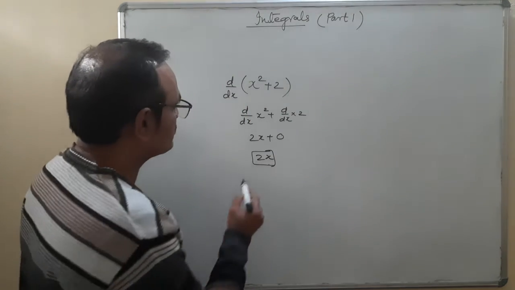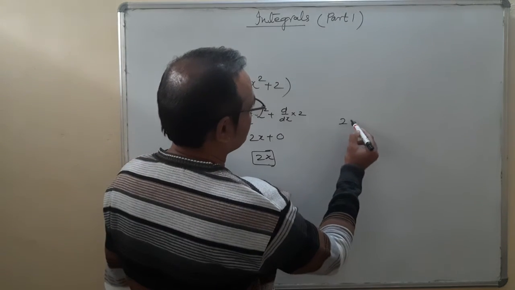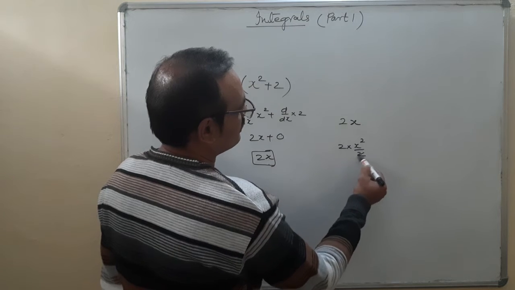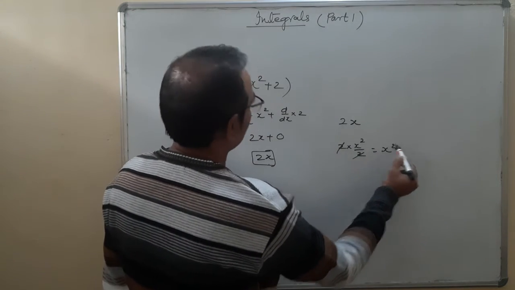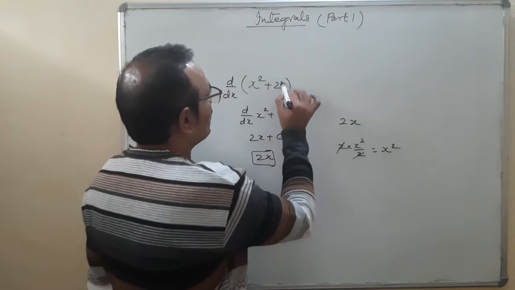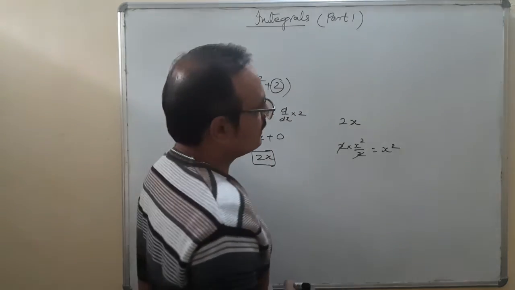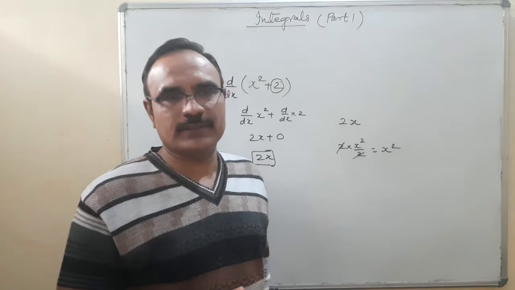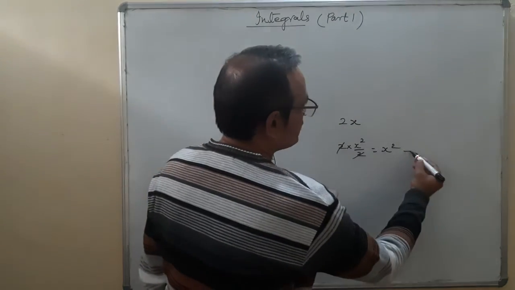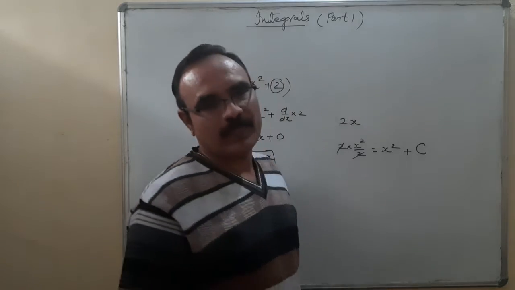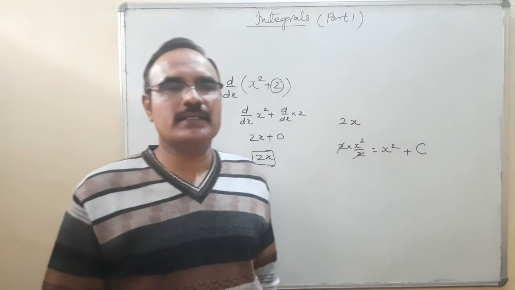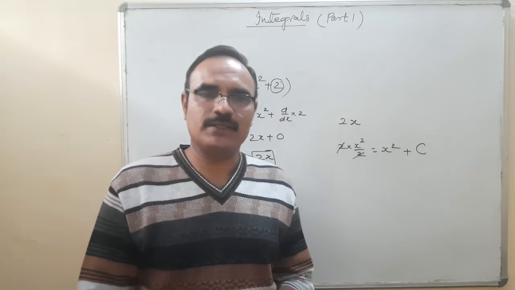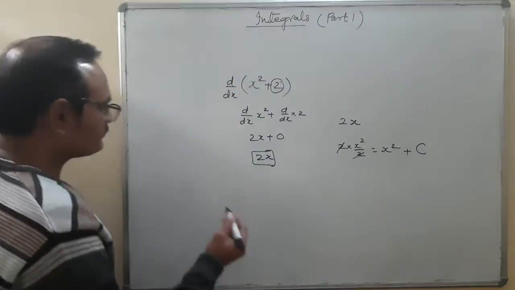But actually, when we integrate the term 2x, what comes is x square upon 2 times 2, so only x square will be coming here. But your answer is x square plus 2. And this 2 is what? It is a constant. So when you use the antiderivative, there is always a constant. Okay. This constant is denoted by capital C, and that's why you have seen that in the list of integration formulae, always plus C is there in the indefinite integration. Okay. So that is one.